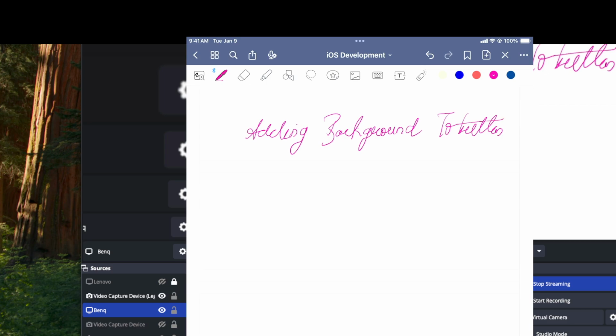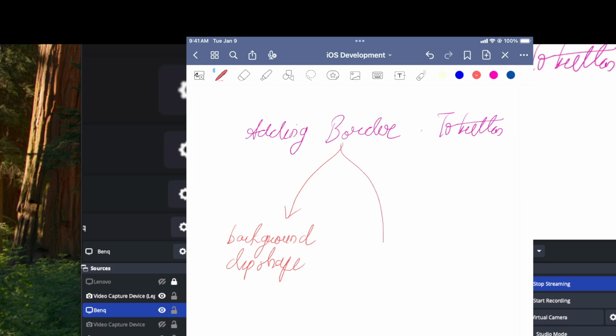So there are two ways to do this. When you add backgrounds, no, sorry, adding border. So the first is do background and then clip shape. Second one is